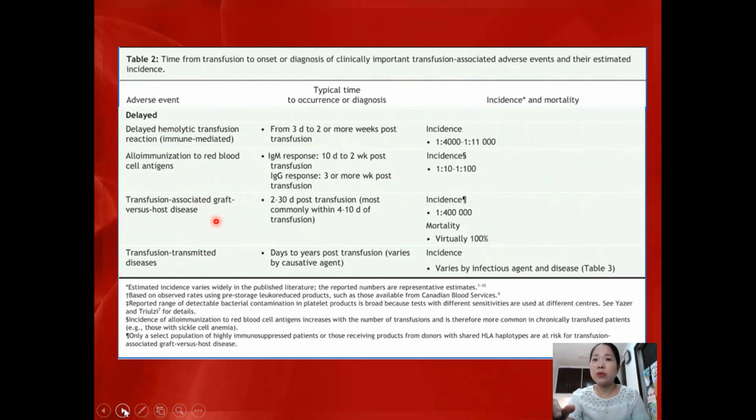What about the transfusion-associated graft versus host disease? We have discussed this in the previous slides. Remember, this is because of the presence of the donor lymphocytes in the packed red blood cells, and you remove these donor lymphocytes by irradiating blood. And of course, you may have several transfusion-transmitted diseases. But again, this has been largely eradicated because of the very stringent or very strict testing of blood products.